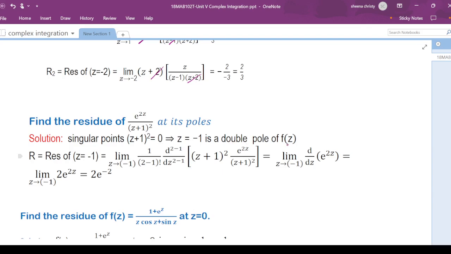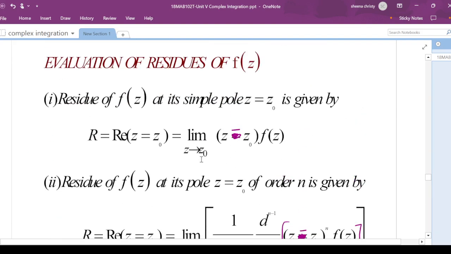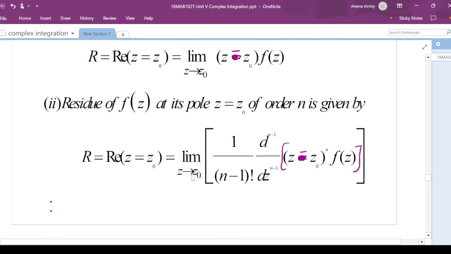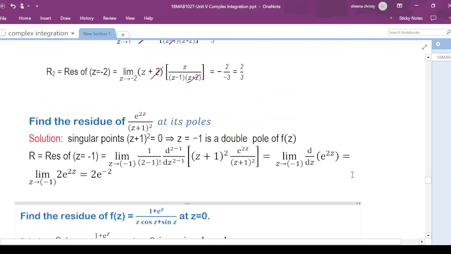It is a double pole of f of z. Why? Because the power is 2 and z equal to minus 1 is repeated 2 times. That is why it is called a double pole, or pole of order 2. Now, what formula are you going to apply for finding the residue at a pole of order n? It is limit z tends to z0, 1 by (n minus 1) factorial, d power n minus 1 by dz power n minus 1 of (z minus z0) power n into f of z. So by applying that formula,